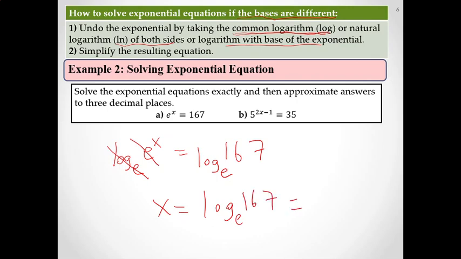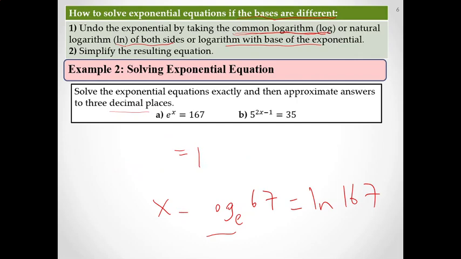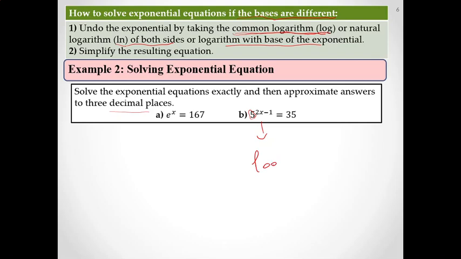Log base e means ln. Then 67, and we can use a calculator to find the answer up to 3 decimal places. Now, I will show the answer in the slide, but let's do the other one first. For example, for this one, if you want to get rid of 5, the best thing you can do